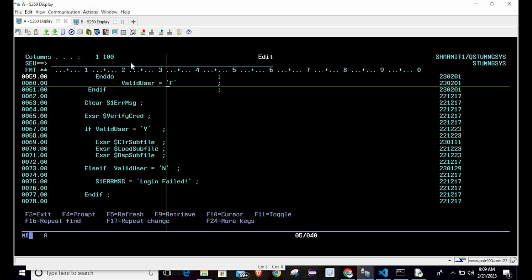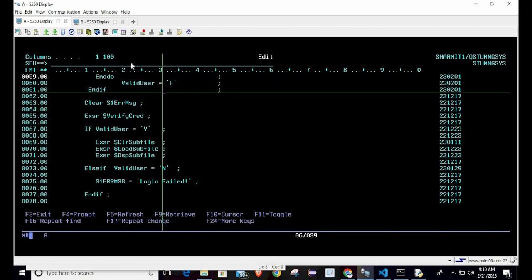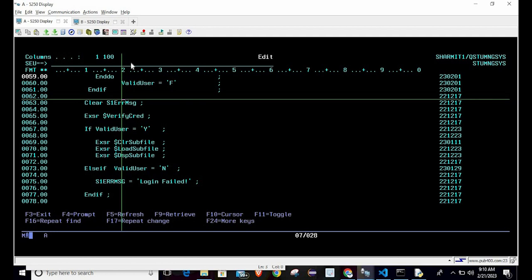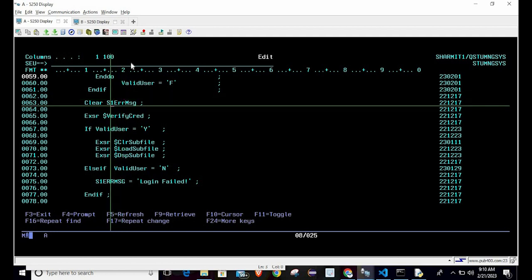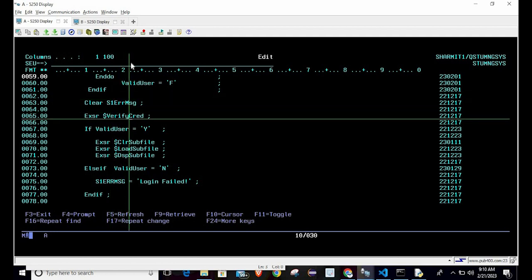Why? Because I don't want to validate the things if we are coming from the forgot password screen. So that's why I just keep this as f. So later we will check this. Let me show you. Now we are clearing the error message, and here we are on the